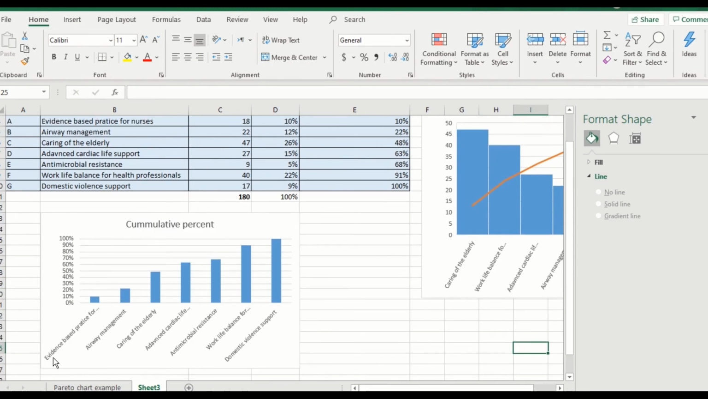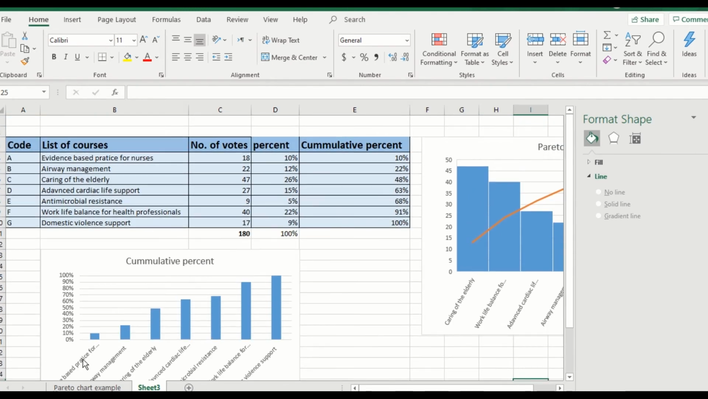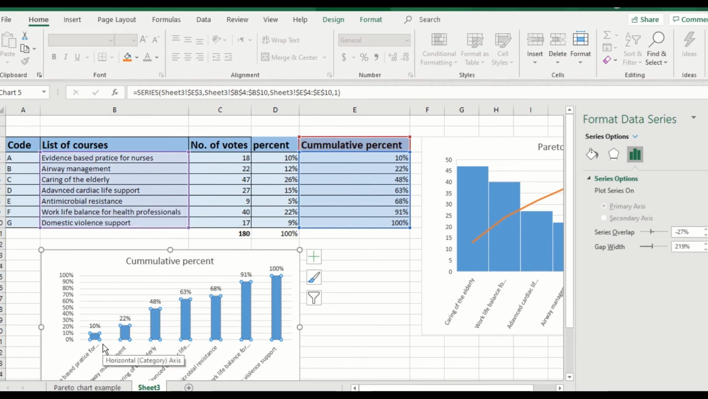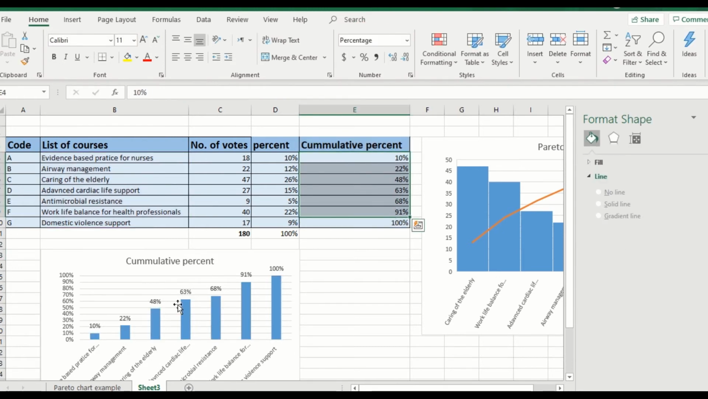So as you can see, for the first one, evidence-based practice for nurses, it's 10%. Here we can just add data labels, so that it will be more clear to us. So here it's comparable to the cumulative percent column: 10%, 22%, 48%, 63, 68, 91 and 100%. So as you can see, for the second course, for example, the 22%, this bar represents the